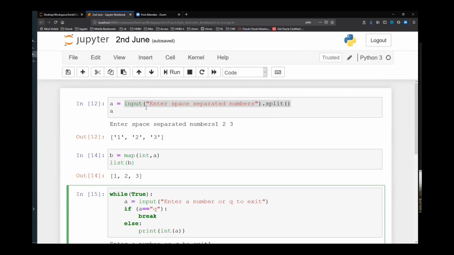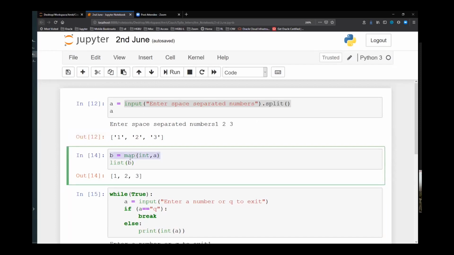Second thing is, if you are taking multiple values, element by element, you can convert them to integral values, or you can directly use a map function which will do that for you. So you give map, and to this sequence, what function you want to map it to. So I want it to map to integral functions. For every element, I want to convert it to integral.